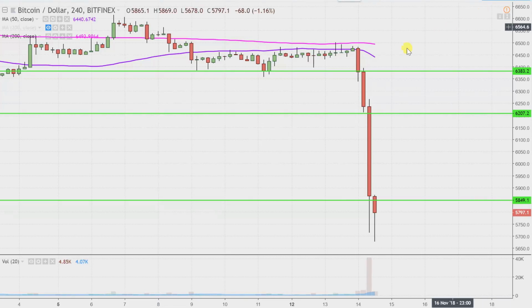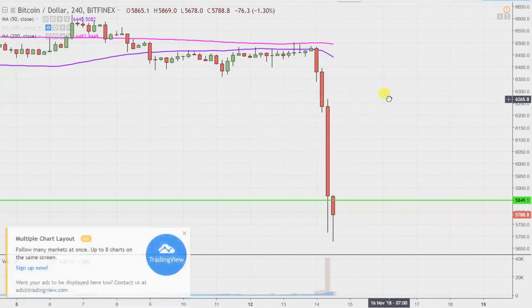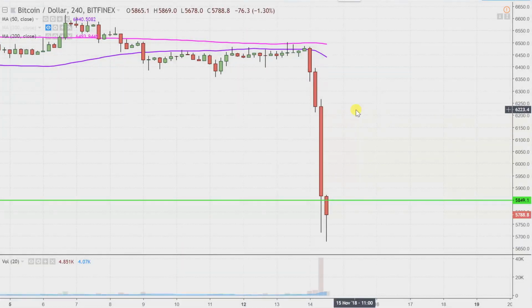So before anything else, I'm just going to go ahead and get rid of these lines up here. Sure, they still pertain. They're just not really relevant right now, which is crazy. Those will be the key levels to watch if the price can start to work its way back upwards. But as things stand right now, no point in talking about any of that.